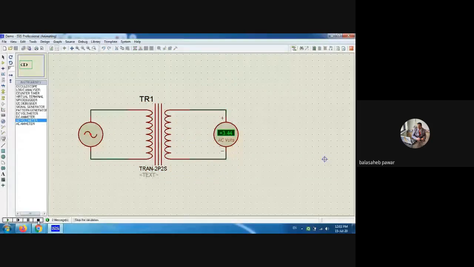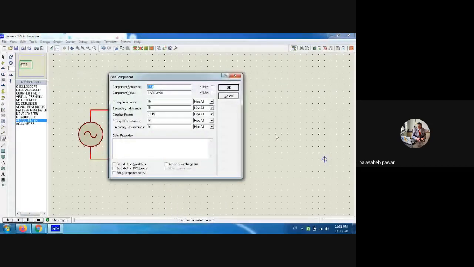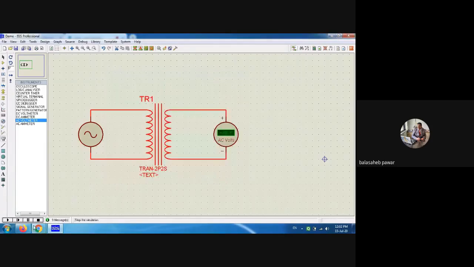Okay, so just by playing with this coupling factor, you can manage that secondary voltage, right? Let's try 0.055, suppose. We'll see how much voltage will appear. Now it is 12.6, almost our requirement. So see how much was the primary voltage. It was 230 volt RMS, our main supply. By using this step down transformer, we obtain almost 12 volts, right?